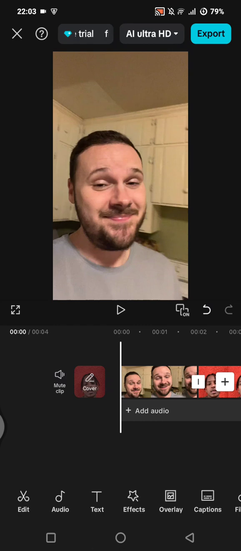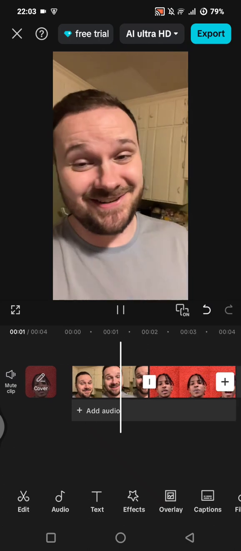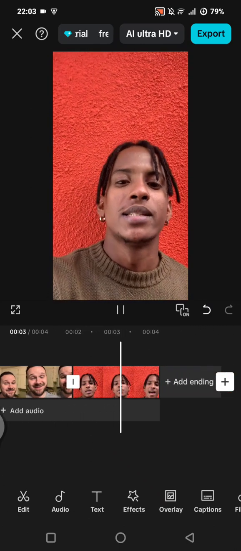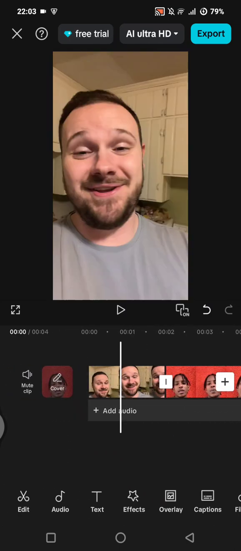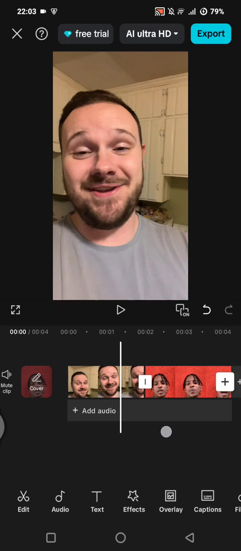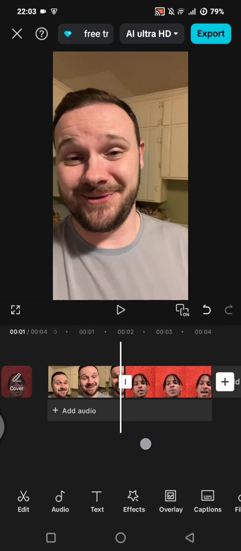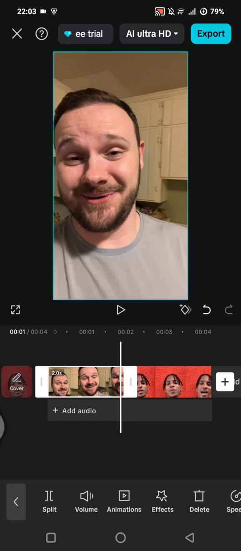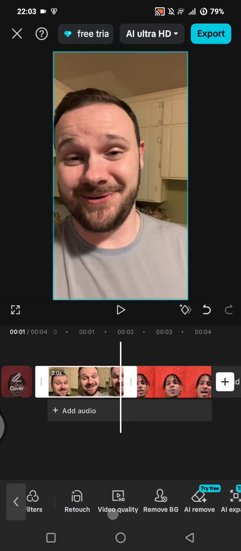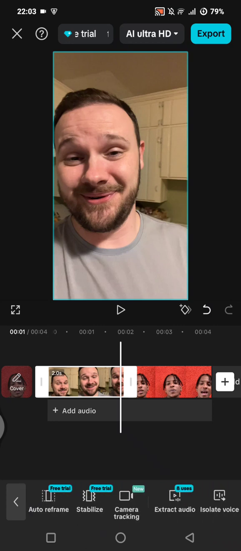First, you can just add the clips that you want to edit. Now you can just freeze your first clip where you want to be. So I'm going to just freeze, click on the clip and tap on the freeze options,